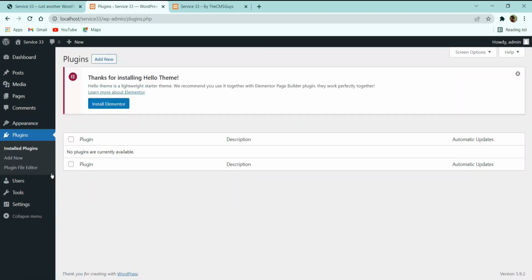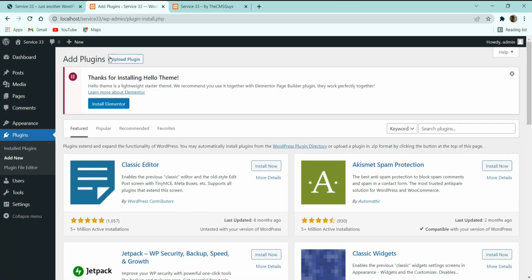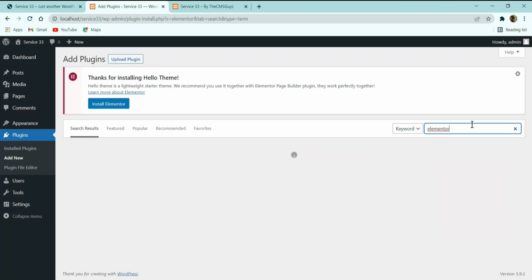So here you can see now I am in this install plugin section, and currently we don't have any plugin. So you will get here add new button. Just click on that add new button, and let's start installing the plugins that we are going to use. So first of all, let me search here for Elementor, and let's search what are the plugins that we are